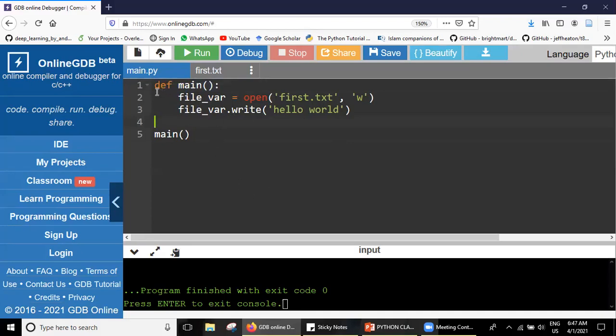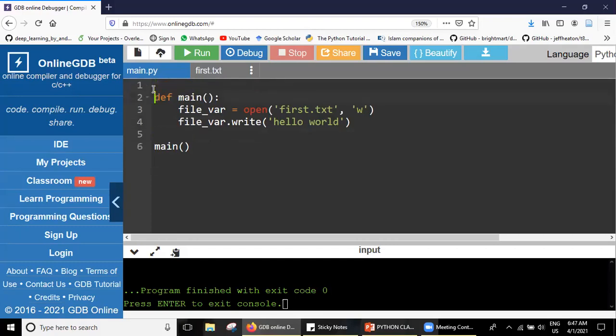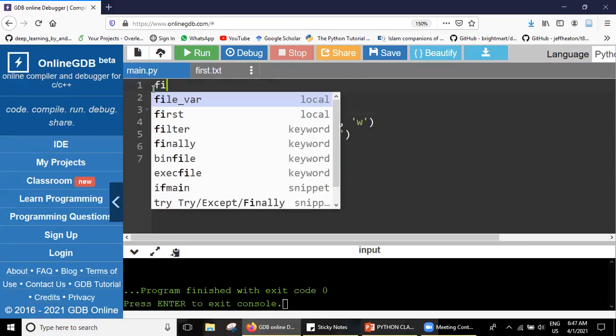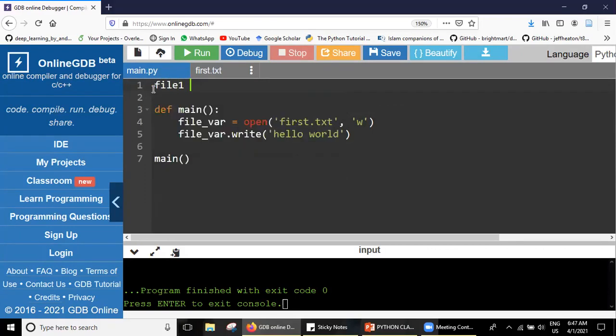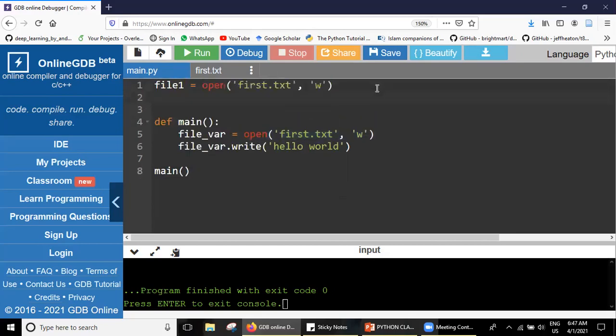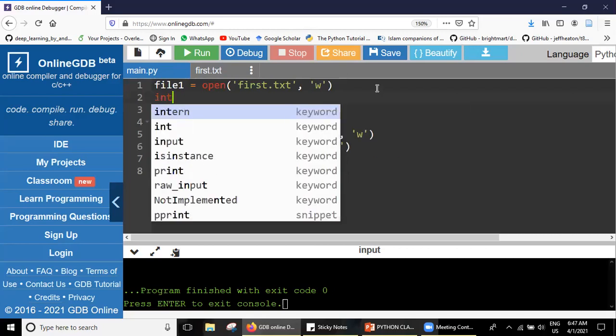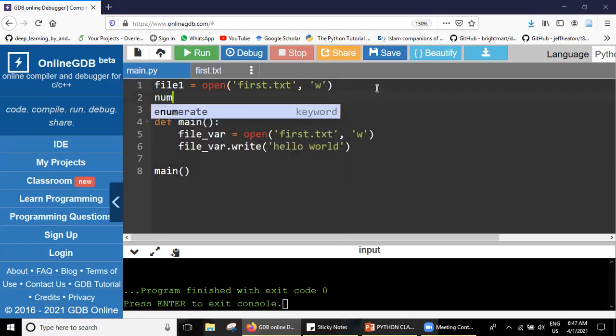For example, if we have so many lines of code and so many files, for example file 1, I have created a file 1 object, opened it in write mode, and using that file 1 object I do some operations. In this file I use some variables, like number 1, and I keep the variable 10.